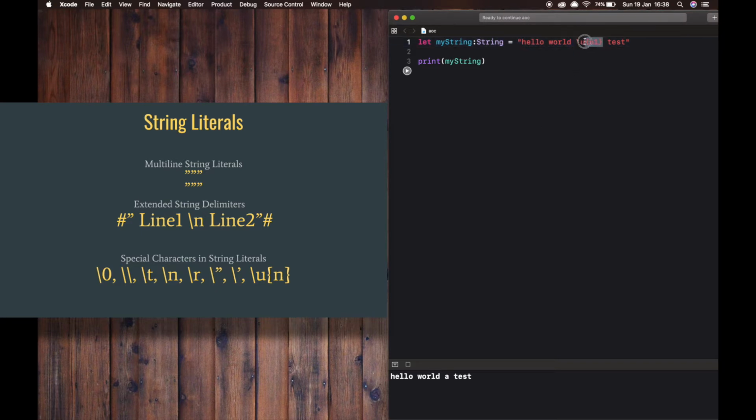This 61 is the Unicode scalar value of letter A. In this way, we can include special characters in string literals.